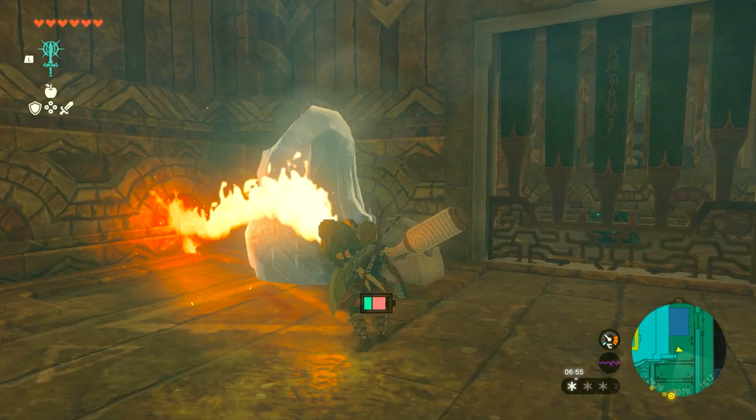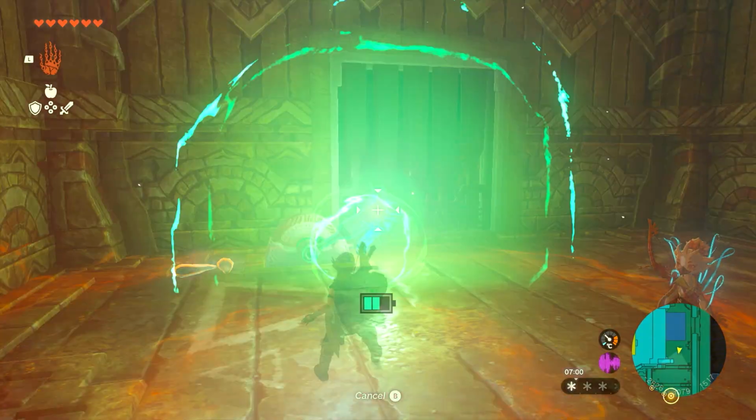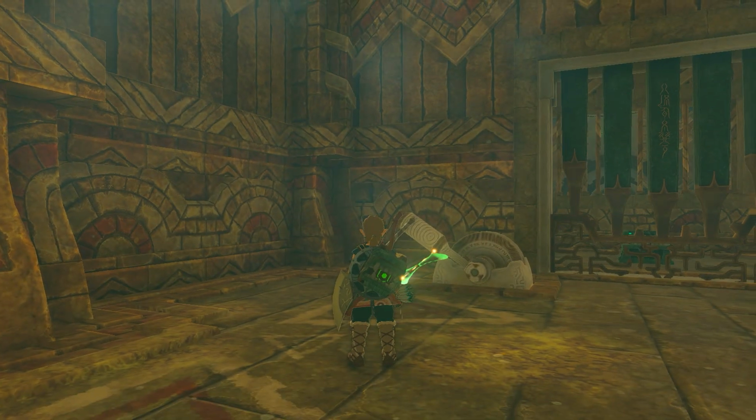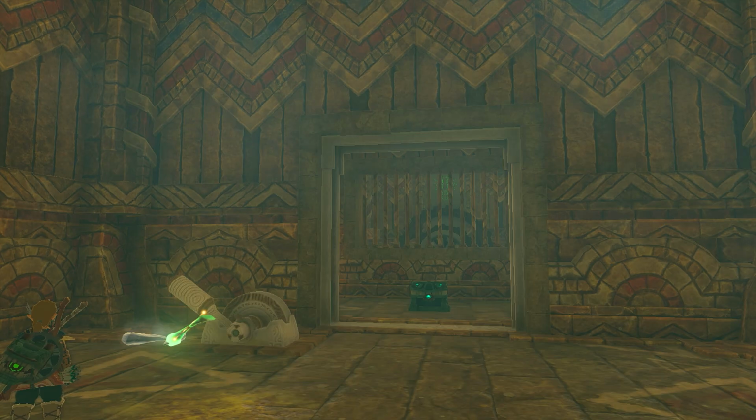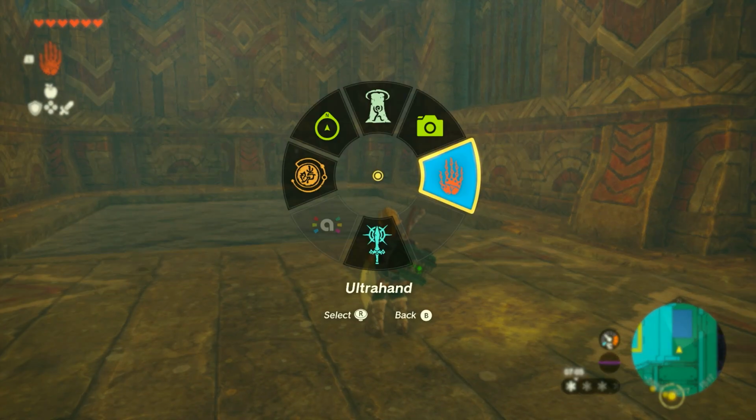There is some ice throughout this whole entire ship. You're going to have to melt it using fire, and then we're going to just drag this thing and boom, and open up the gate like that just with Ultra Hand and go grab the chest. Now, to get out of here, you're just going to use the ascend ability to ascend to the main